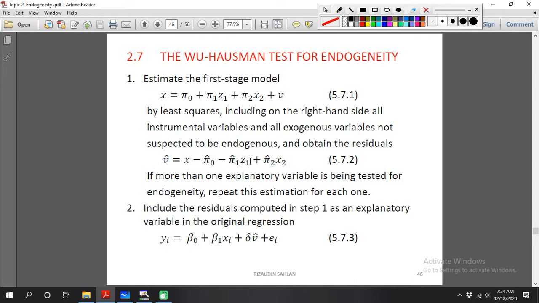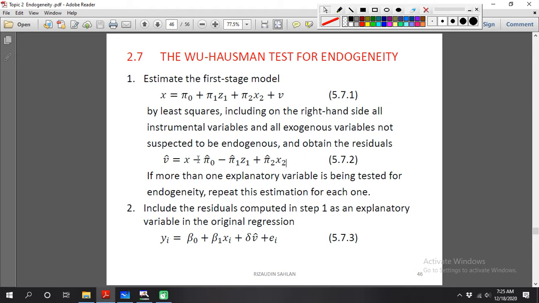This is the formula for the residual. If more than one explanatory variable is being tested for endogeneity, repeat the estimation for each one.